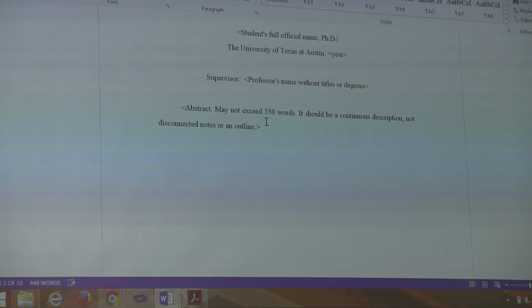The text of the abstract, it says don't go over 350 words, but we don't really count it as long as they just try not to go on and on and on. Since it starts so low on the page, it will almost certainly spill over onto a new page, and that's fine too.